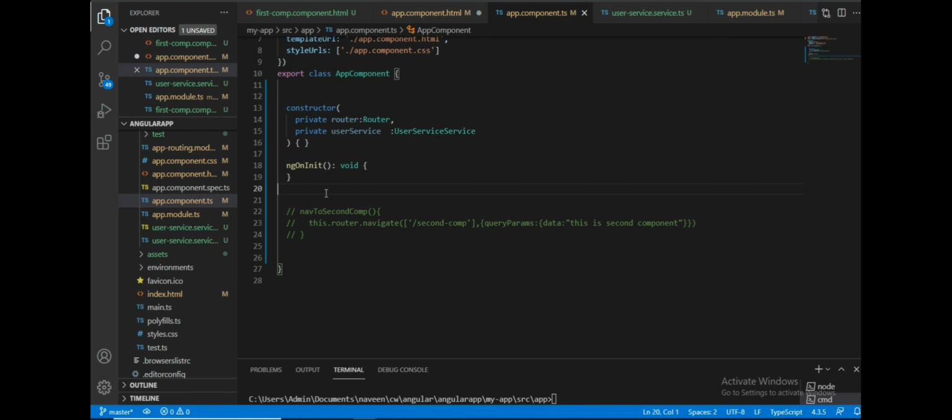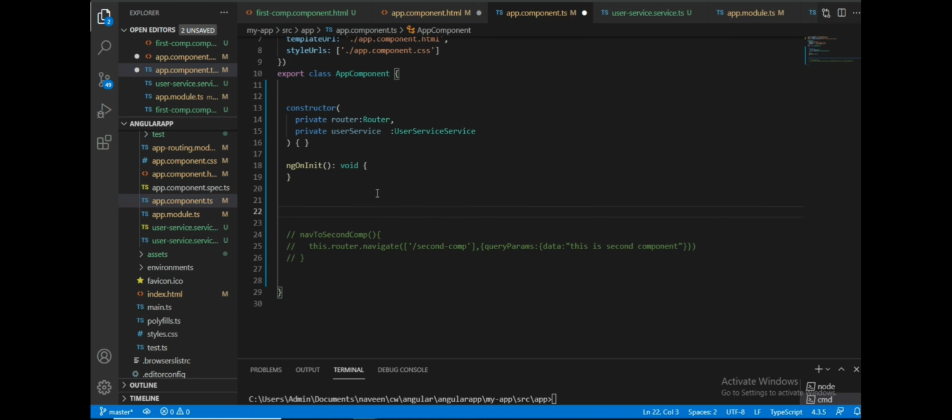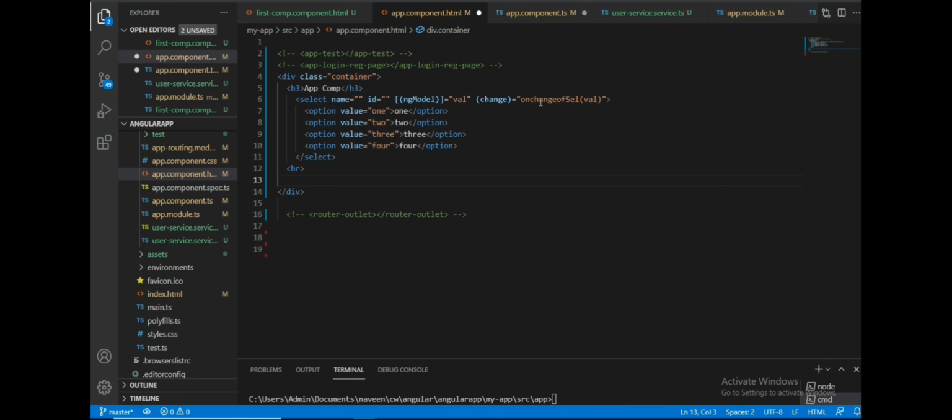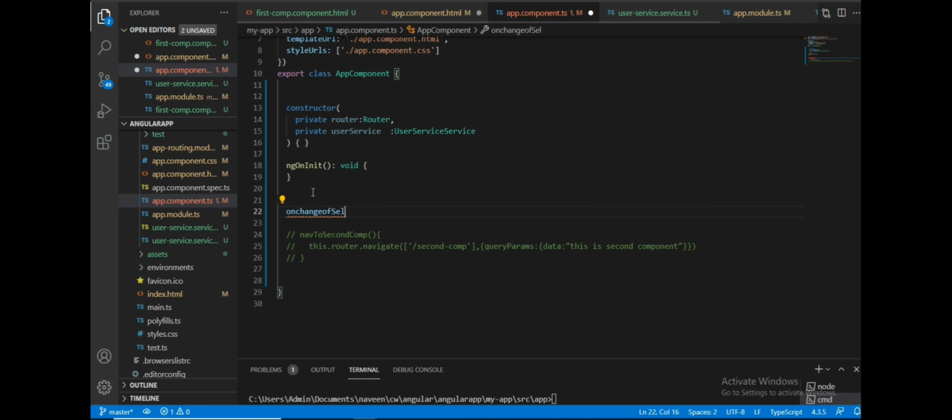Okay, and again we will write a functionality here for onChange. I will copy this function name, onChange event, and paste it here.